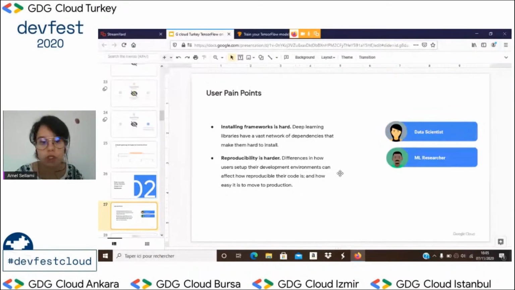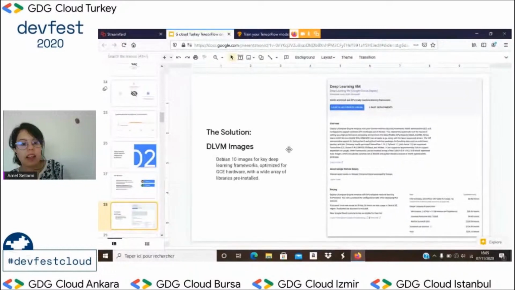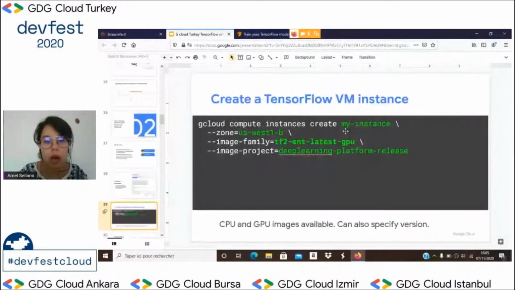So the solution to use here is the DLVM, which is deep learning virtual machines. For example, use Debian 10 images for key deep learning frameworks, optimized for GCE hardware with a wide array of libraries pre-installed. So just a basic virtual machine on the Google Cloud. We can create this virtual machine using the command line.